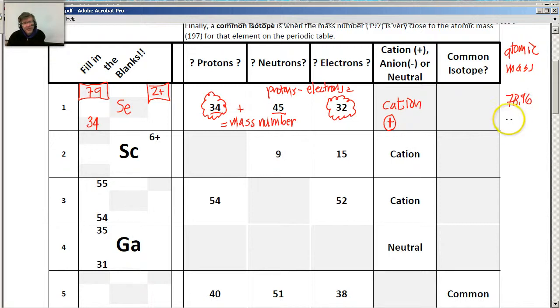Now we've been told that this number is different because of isotopes. That means there are atoms of selenium out there in the world that have a different number of neutrons. Not 45, maybe 44, maybe 46, but they're all natural. You know, they were made a long time ago. The point is,